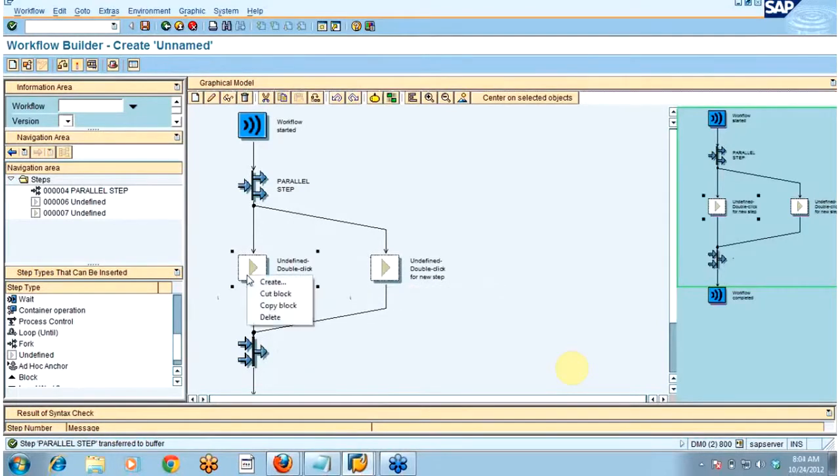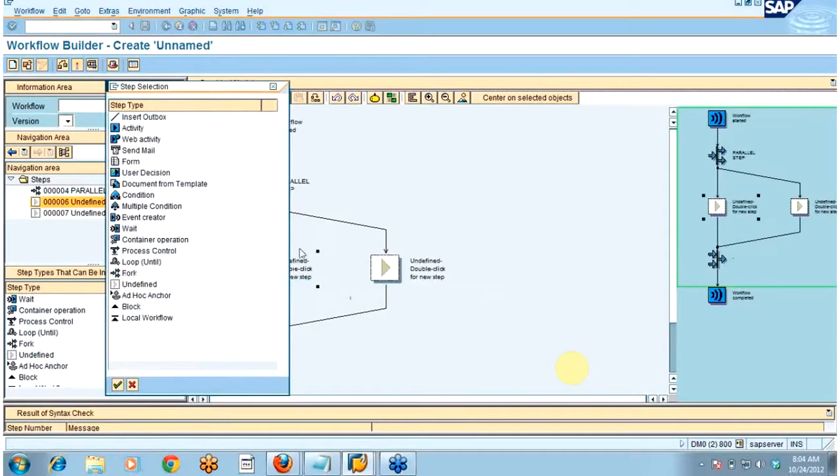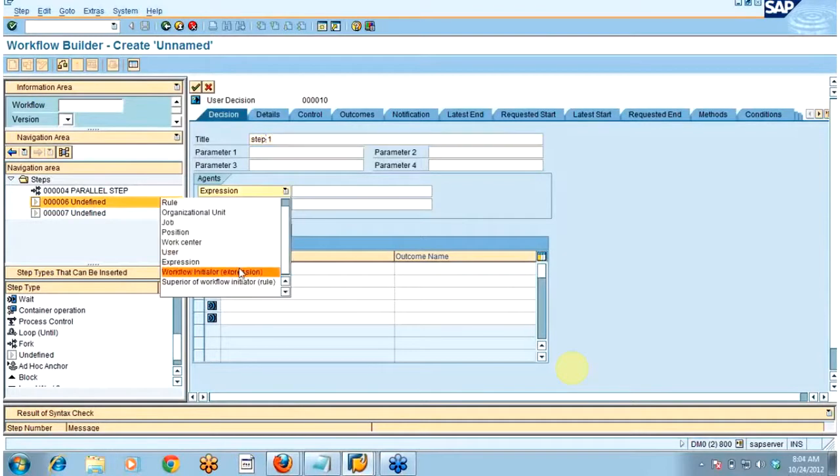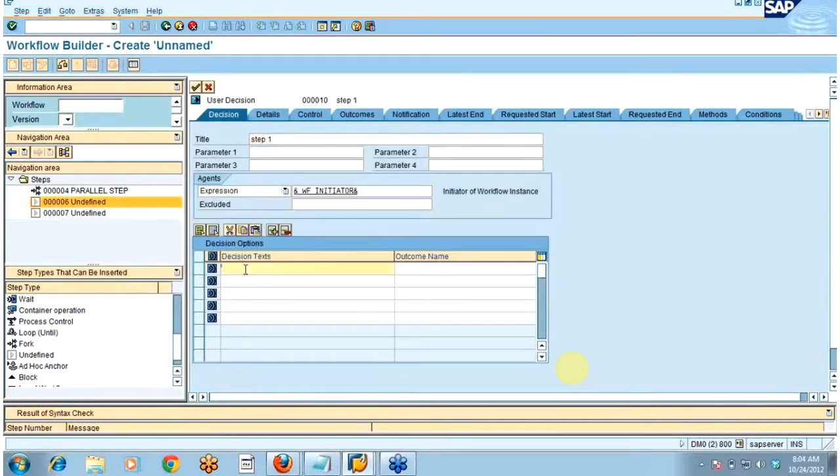So I will be defining any step. You can define multiple steps within this fork. It's not that you can define only one step just because only one block is present there. You can define multiple steps. So I'm just creating one user decision step, which I'm writing as step 1.